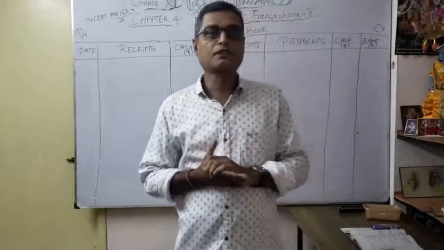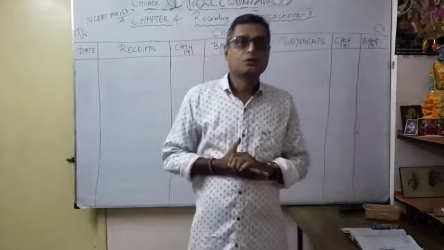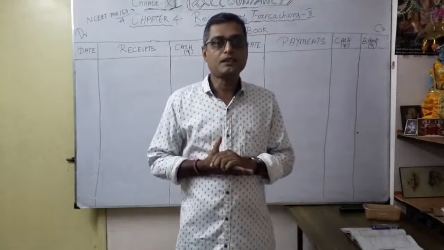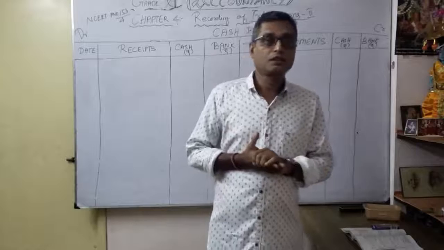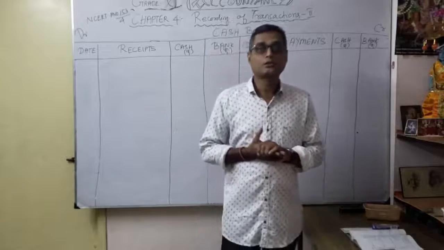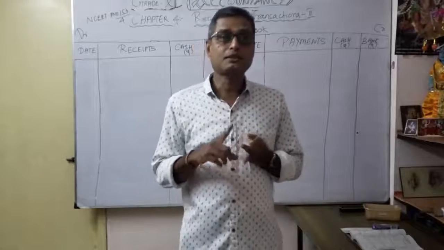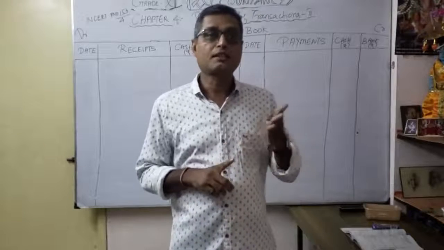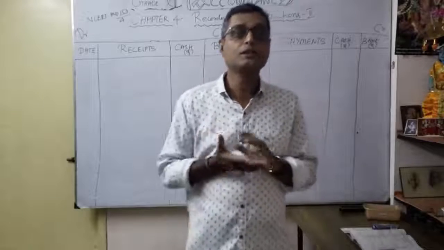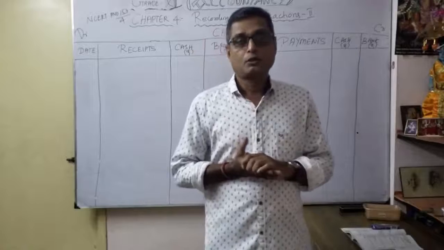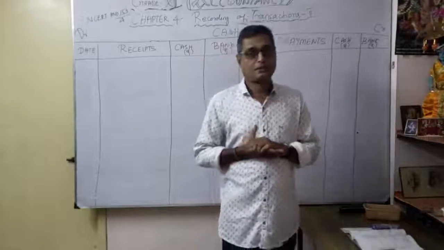So as you know, we have started chapter number 4, recording of transactions part 2. In this chapter, we already started the main content, special purpose books. So what are the special purpose books? First one, cash book, thereafter purchase book, then purchase return book, then sales book, sales return book, then journal proper. Two more books are there, that is bills receivable and bills payable. So totally 8, but for now our discussion is mainly on 6.